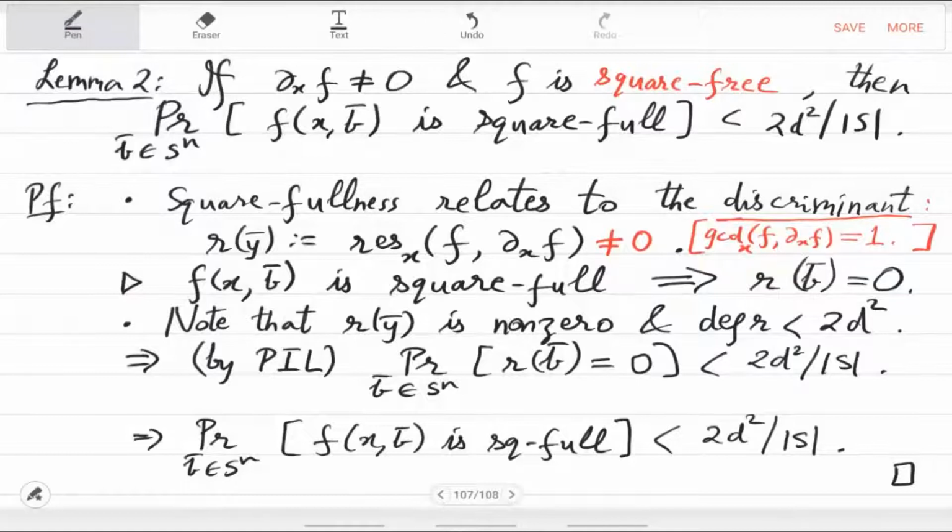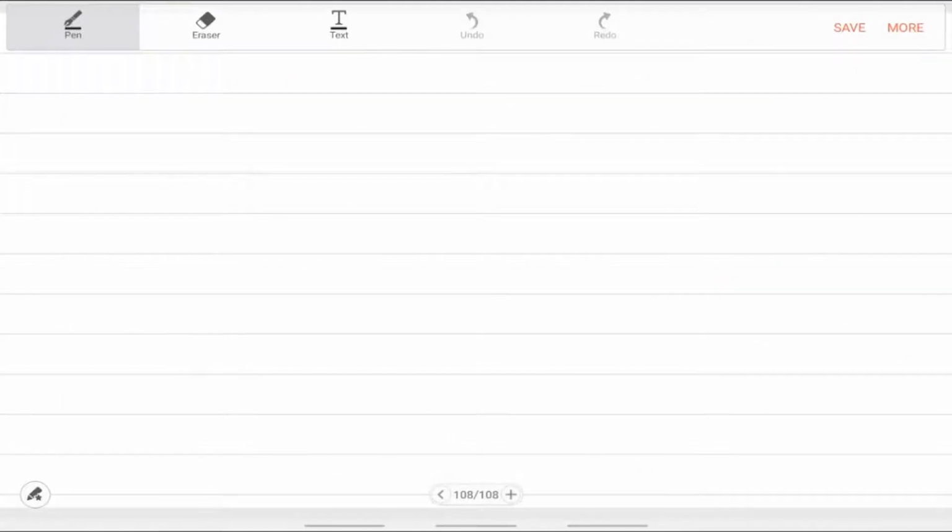So if f is square free with non-zero derivative, these two properties will give you the discriminant to be non-zero. That is what we used here. So if you start with these two properties, then at random fixing of y bar, you will get with high probability, you will preserve the square freeness. Okay. So thus from now on, we will make the assumption